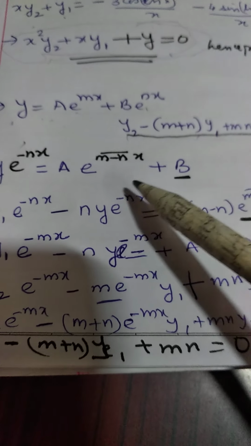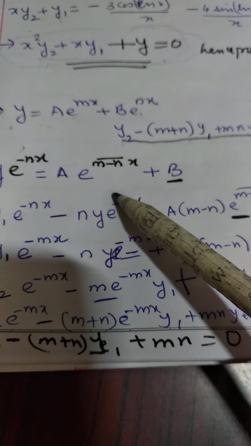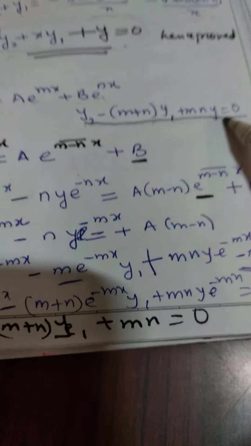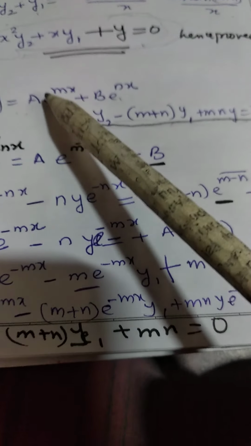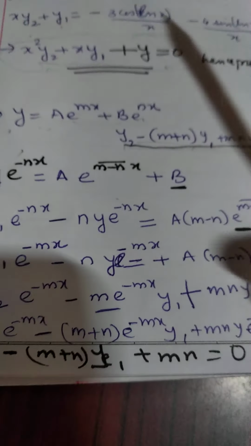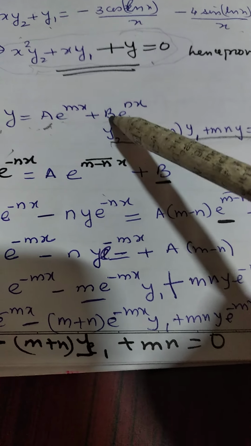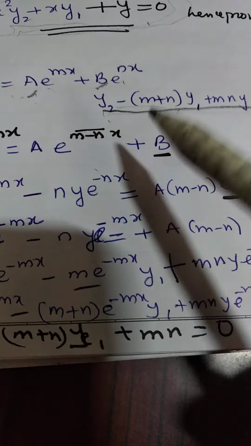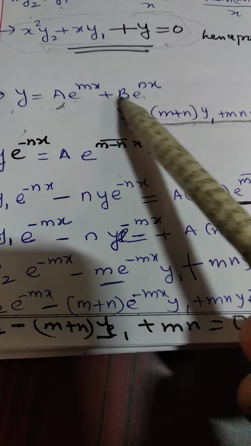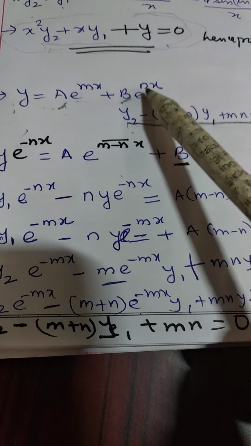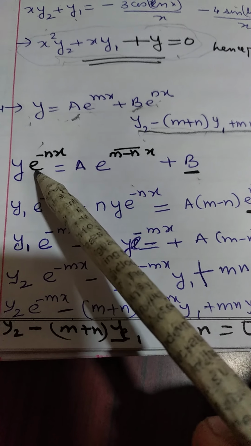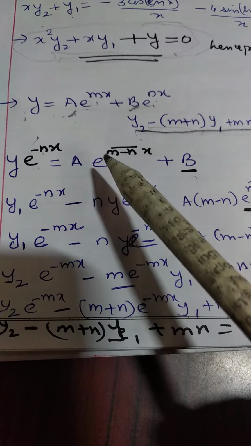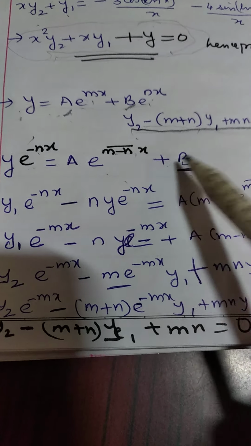So I prefer to have it in a different way. The way is rewriting, since we see that here we don't have the expression a and b. That means we have to eliminate a and b while getting the second derivative. So what I did is, I divided throughout this expression by e to the index nx. When it's divided by e to the index nx, we get e to the index minus nx. This term becomes m minus nx plus b.